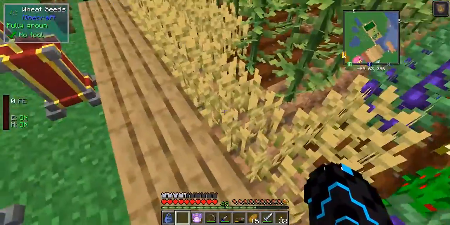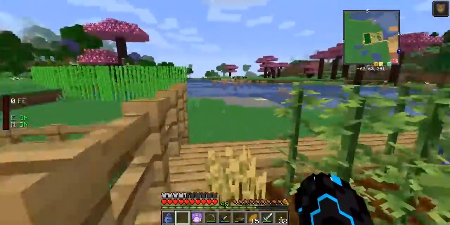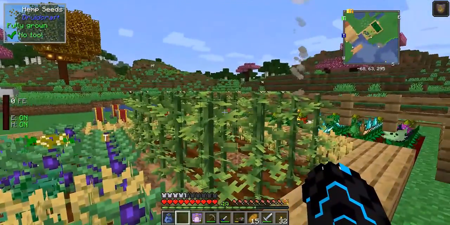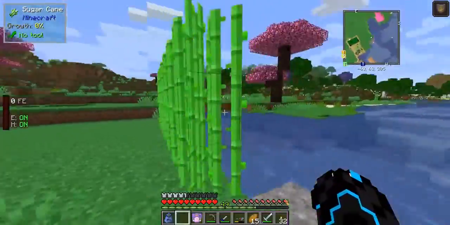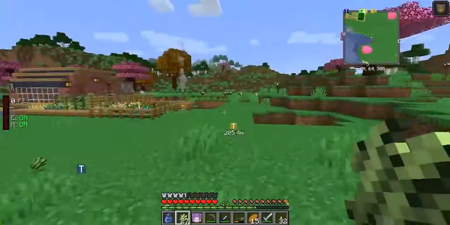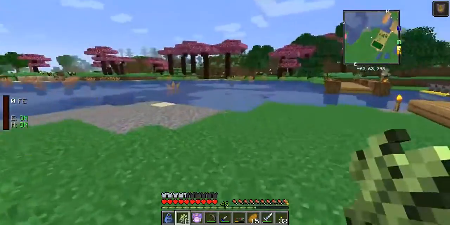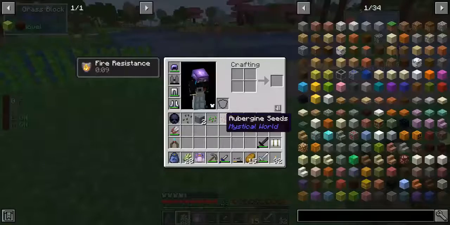This is what wheat looks like, isn't it weird? It's kind of goldenish. I don't know. The hemp's got some good visual glitches. Yeah, it's hemp. Trust me, it's hemp. Anyway, it's a very, very useful resource, and you get it by breaking grass. You just bust enough grass, and eventually you'll get